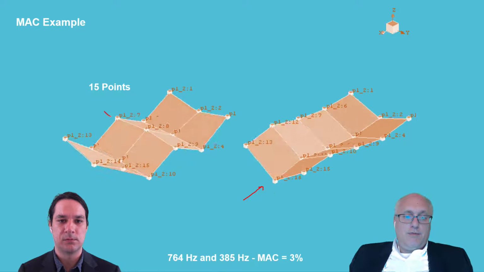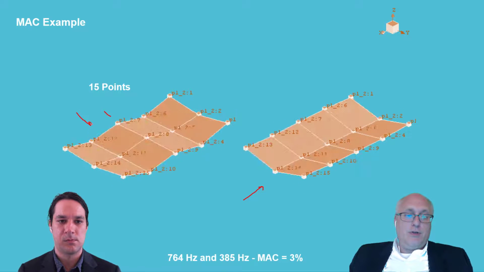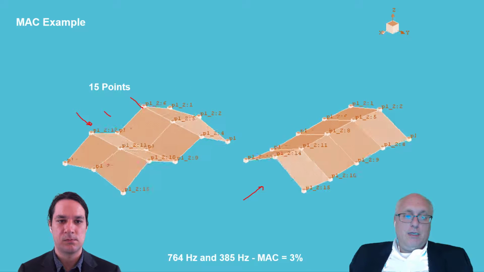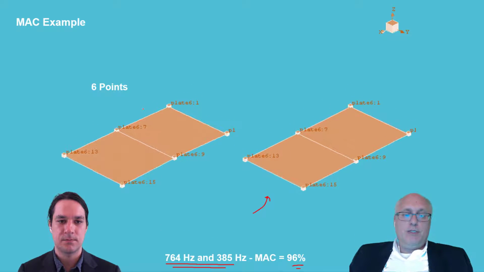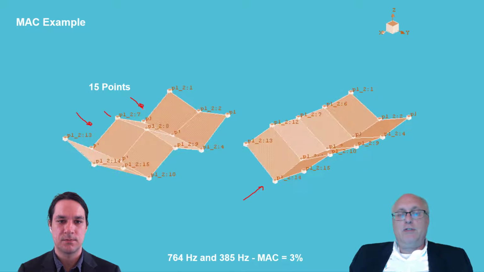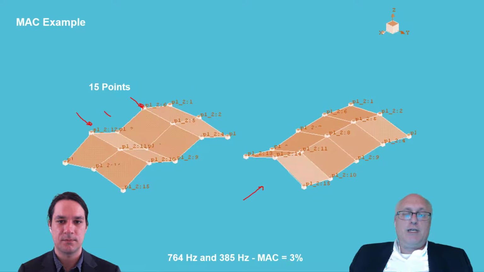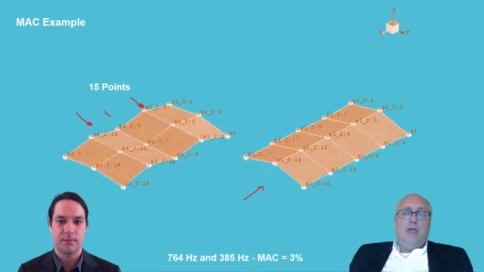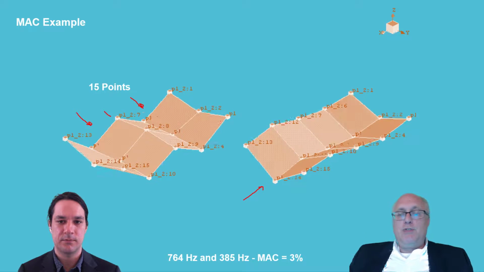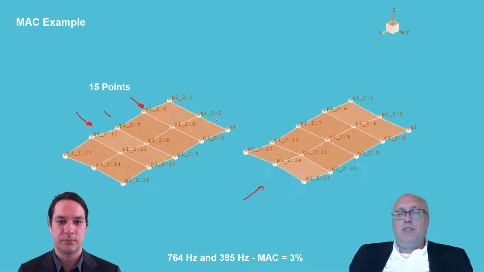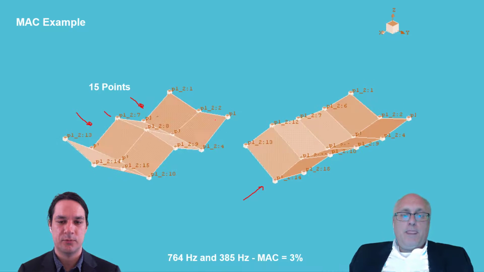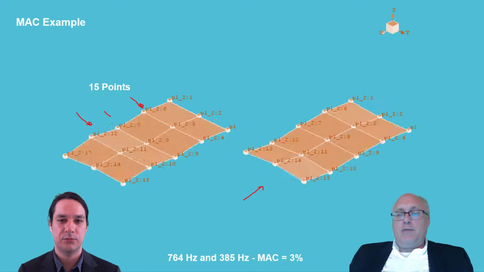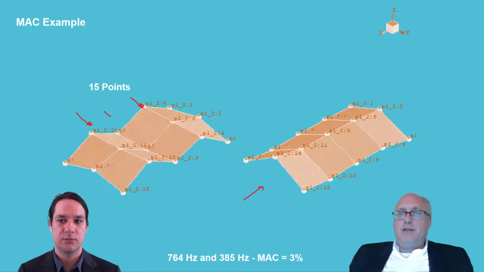On the other hand, if we go over here, if we look along one of these lines here, same thing. We didn't measure along them in the 6 point, but with the 15 we did, and so we see that this mode shape in effect is unique. If we looked at just the 6 points we measured, even in this 15-point thing, we'd see that everything's kind of moving the same. So it's very important, I guess, if I'm going to execute my test,